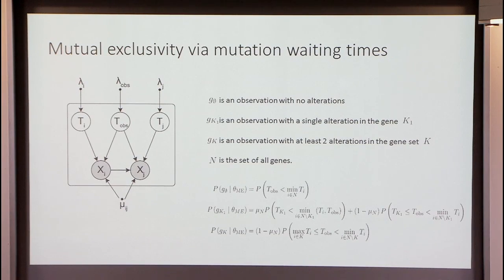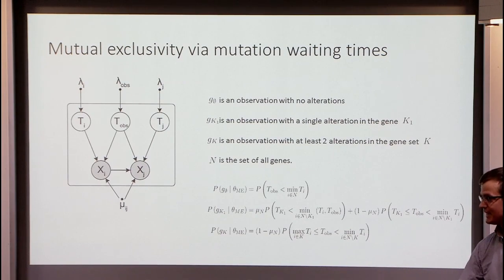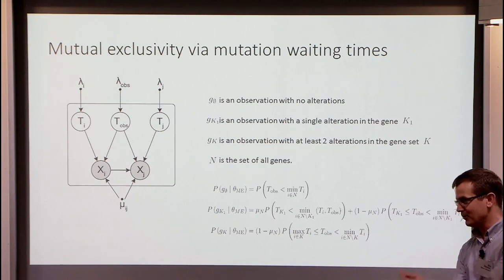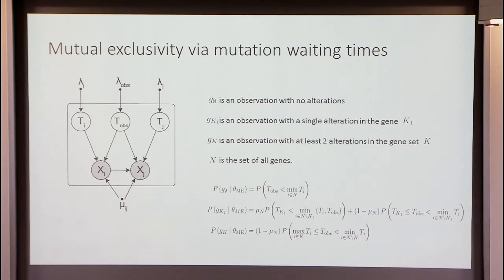And the advantage here is that you can actually start to model more about the process. So for example, you can look at this pair of genes, these observed counts of these genes in terms of their mutations. Those observed counts depend on the mutation rate of each gene, but also our observation time. So for example, we might see mutual exclusivity between two genes just because we haven't waited long enough. We sequenced the tumor early in its progression rather than later. If we had measured it later, we would see that both mutations occurred, and we can model that probabilistically and incorporate that into the models.